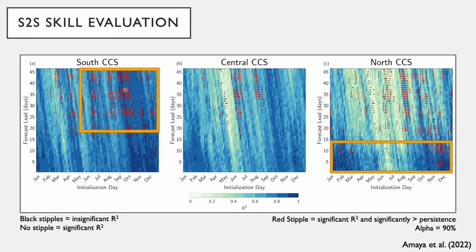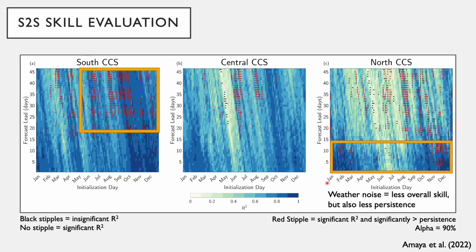Whereas in the Northern California current system, the increase in weather noise will actually lower your dynamical forecast skill overall because weather noise is random. It's very hard to predict in a dynamical forecasting system. However, what that also does is it decreases your day-to-day persistence, making it easier for your dynamical forecast skill to become better than persistence over time. So it's really this weather noise that's driving what we're seeing here in the Northern California current system relative to the Southern California current system. So I hope you can see from this figure here that there is some dynamical forecast skill in each of these regions, depending on what lead time and what initialization day you're looking at.